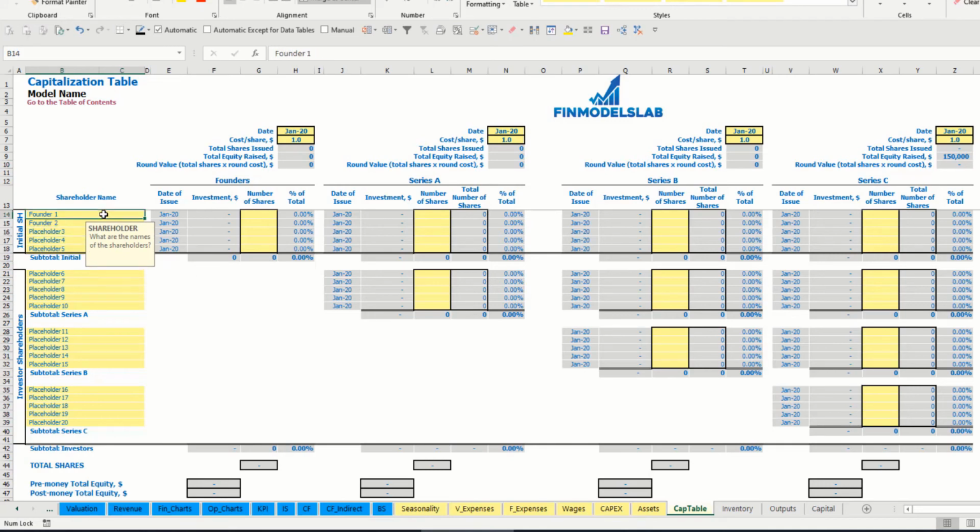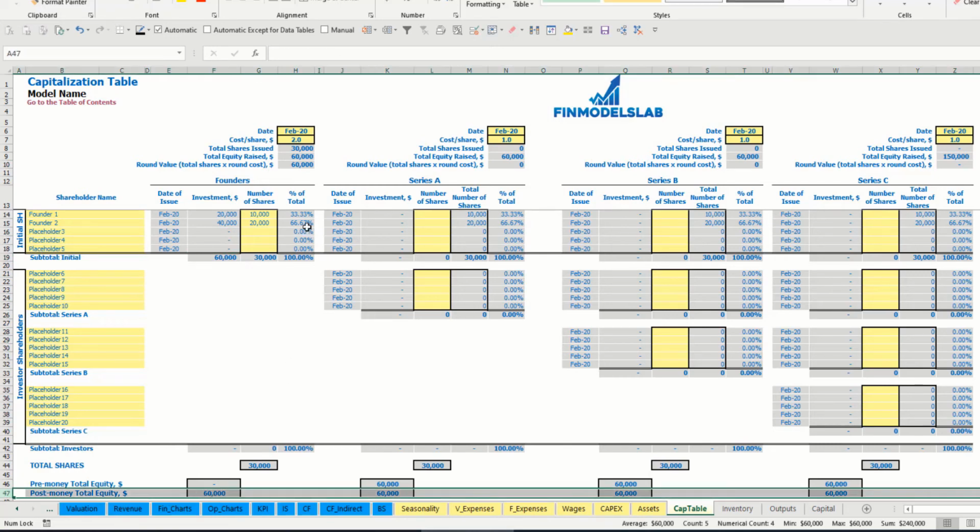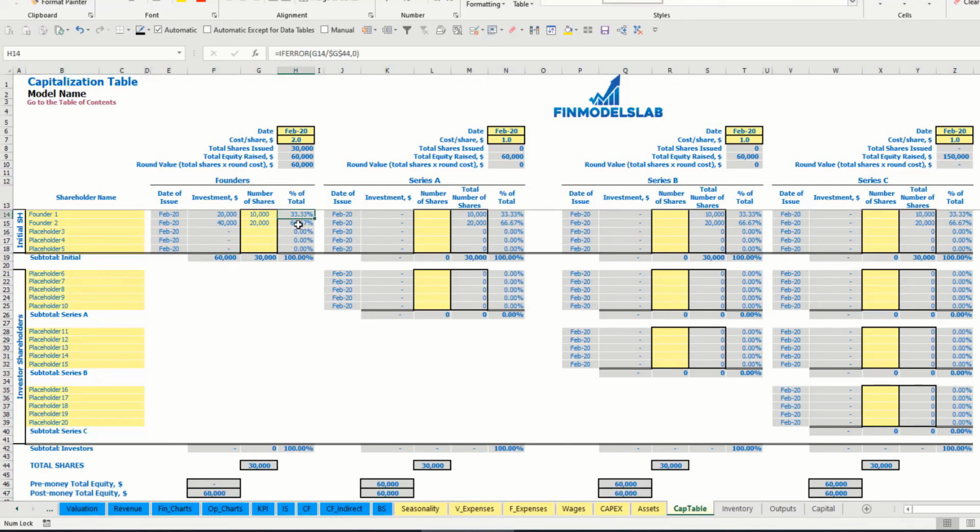So total amount of shares for founder 1 can be 10,000, for founder number 2 20,000. Let's imagine that the cost of a share will be $2 and the date of founding is February. This means that the investment for founder 1 is $20,000, for founder 2 is $40,000. In total, they invest $60,000, which you may see here. The dilution is 33 to